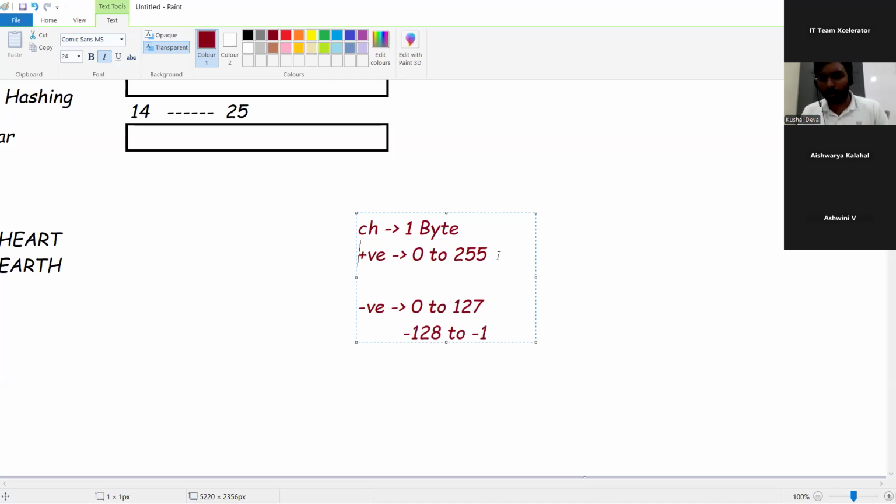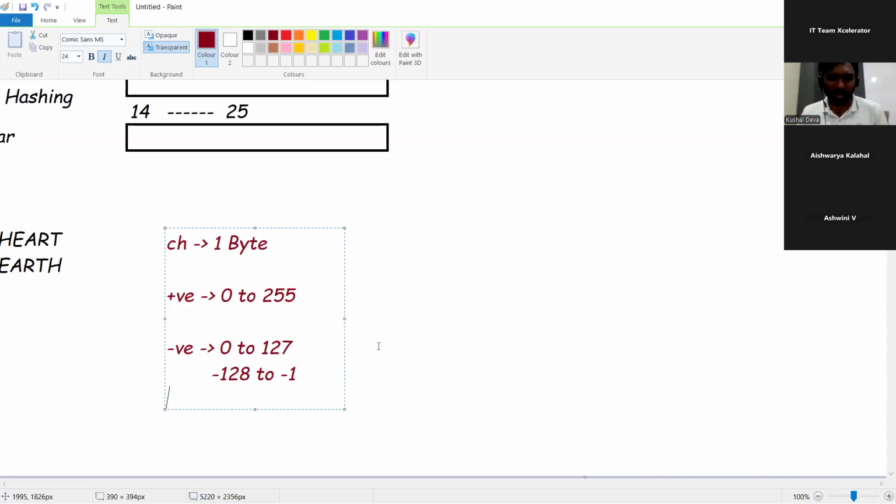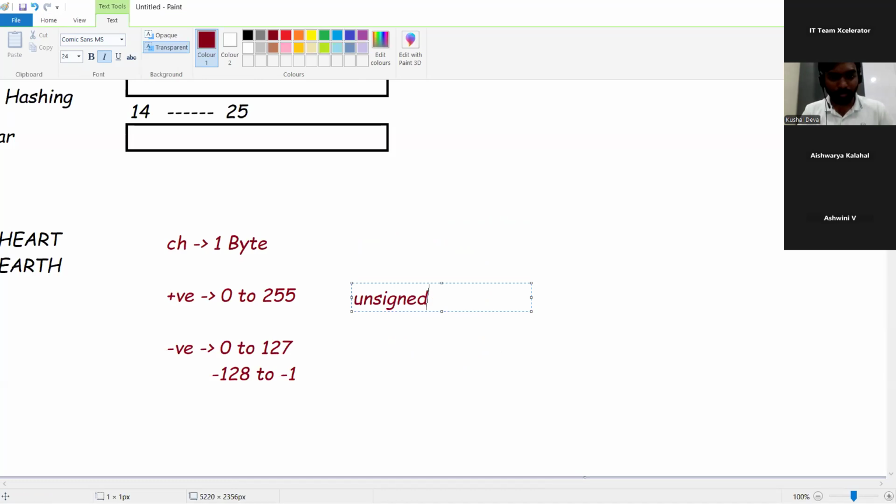This would be the combination, guys. If you go for positive only, that would be unsigned. If you go for positive as well as negative, that is signed.